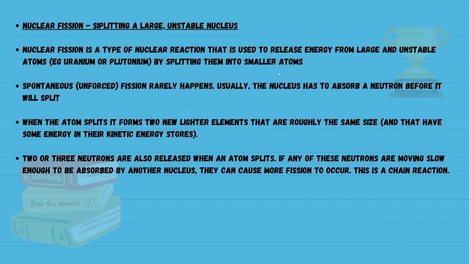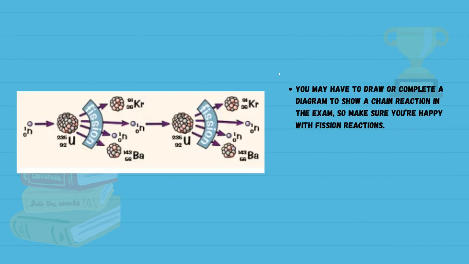When the atom splits, it forms two new lighter elements that are roughly the same size and that have some energy in their kinetic energy stores. 2 or 3 neutrons are also released when an atom splits. If any of these neutrons are moving slow enough to be absorbed by another nucleus, they can cause more fission to occur. This is called a chain reaction. You may have to draw a complete diagram to show a chain reaction in the exam, so make sure you're